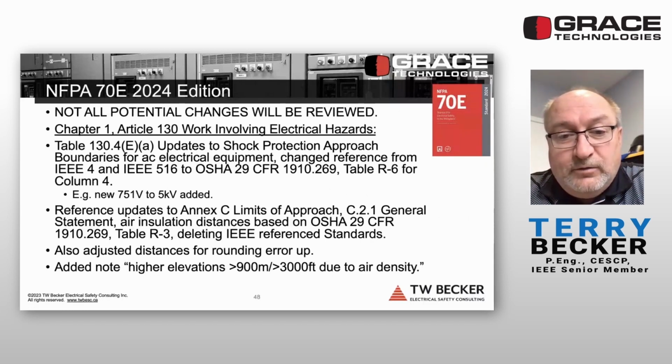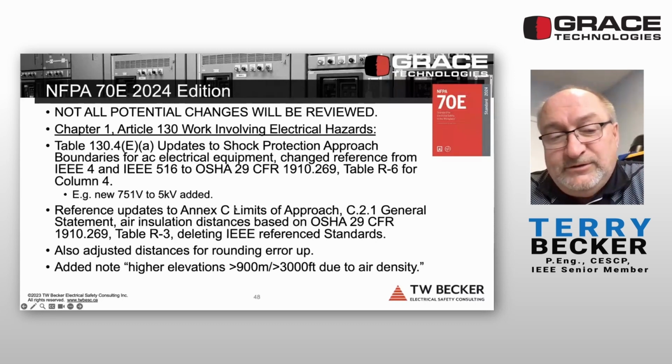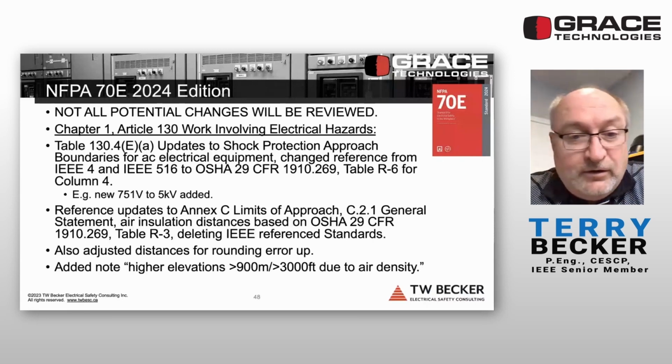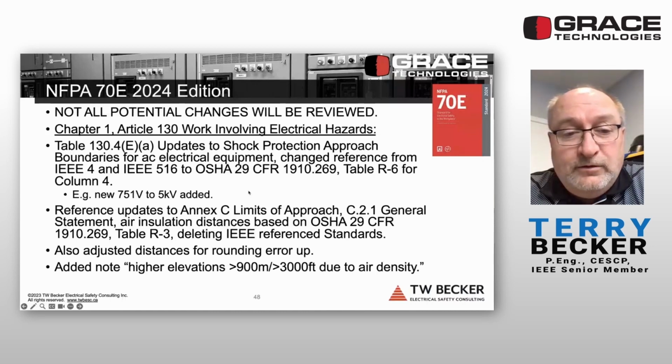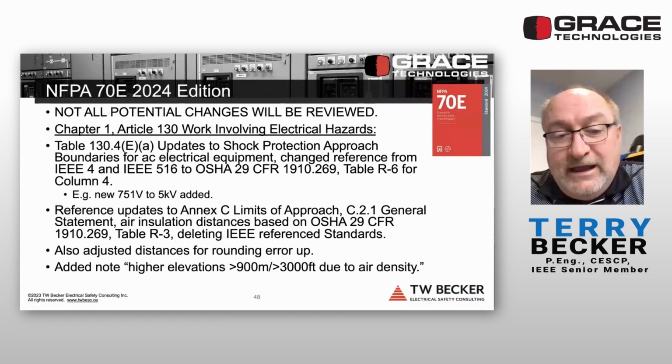So this is where there were some, I'll call it, significant changes to be aware of related to the shock protection approach boundary distances. What was identified is that OSHA limits of approach have information that, again, is adopted into law versus IEEE 4 and IEEE 516, right, for these minimum air distances. So the related Annex C will be updated to reflect that the distances now will be aligned with OSHA